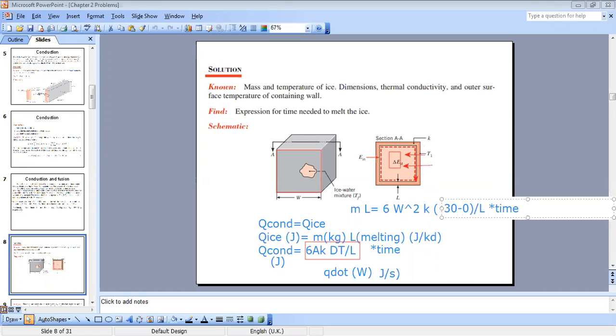So now we can get the expression for time. Just do not confuse this L. This L is the thickness, and this is the latent heat of melting, Lm. Okay, to not forget. So now if we look at the solution,